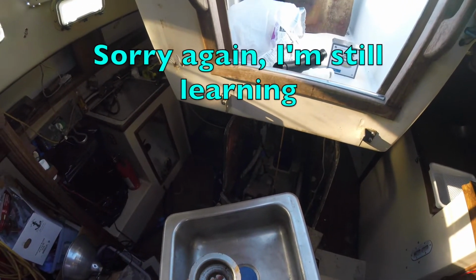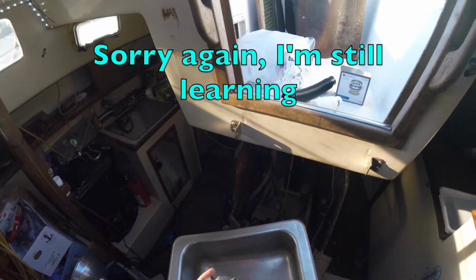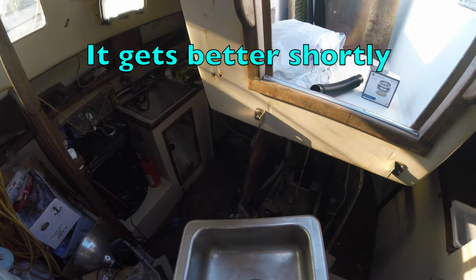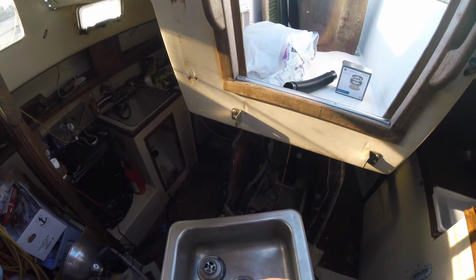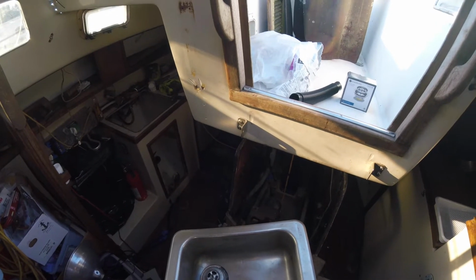So one of the things about working on boats is logistics of trying to find parts. And here's just one of the examples that I'm talking about. Alright, so here's my sink. Here's my old drain or trap or whatever that came from my sink. So if you take this here and you try putting a pipe adapter to it, it won't fit. Down on my seacock valve, it's pipe, so I can screw this piece into the seacock valve, shut it on and off. This is 1.5-inch pipe,